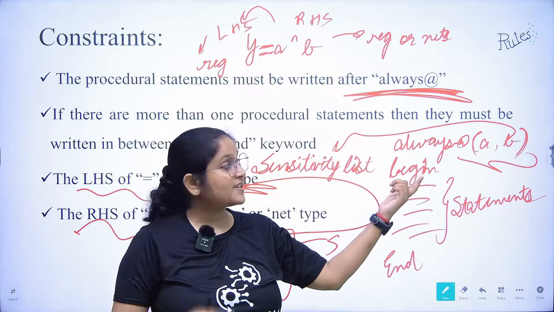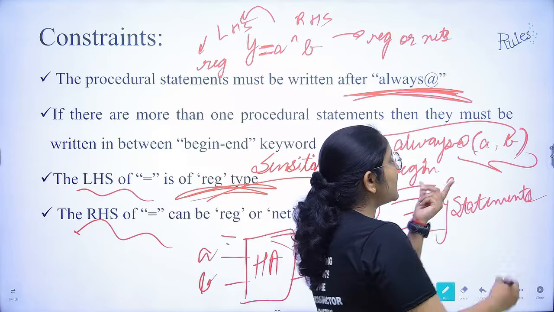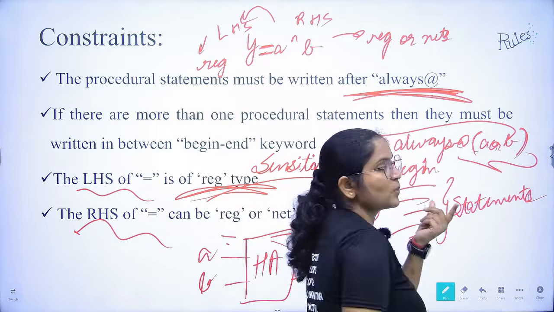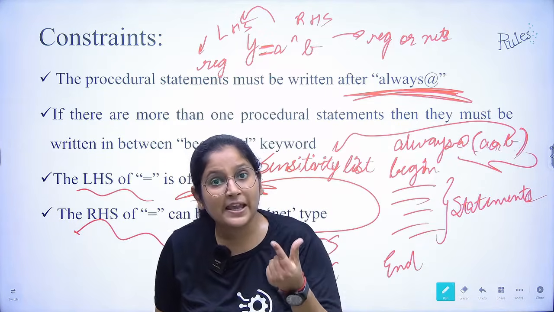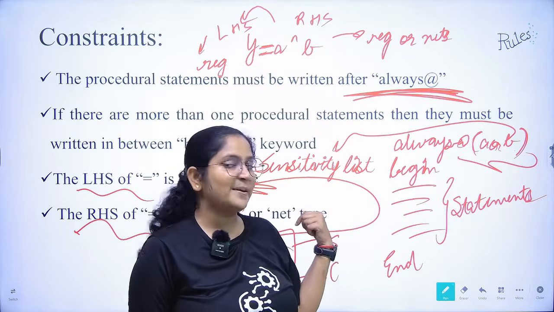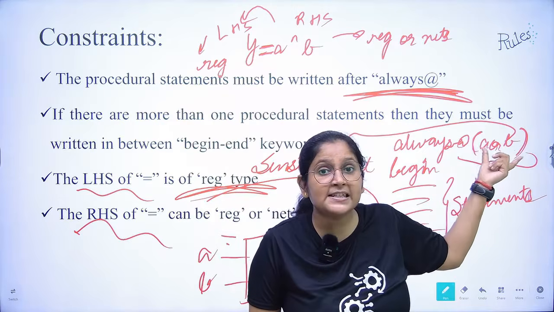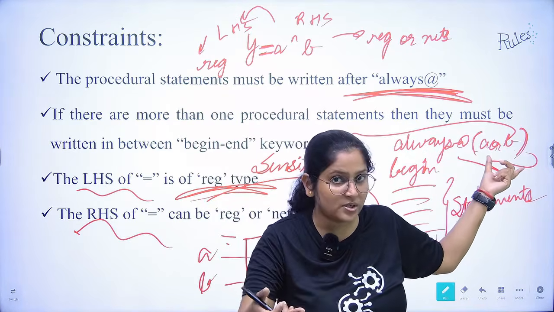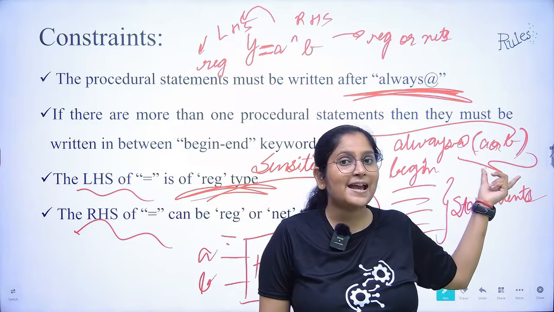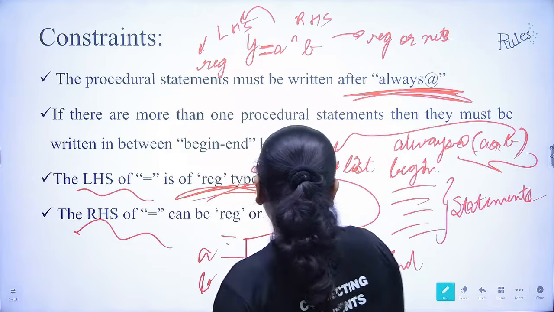What is happening here? Whenever there is a change in A, you can write it this way, or you can write OR as well. Whenever there is a change in A or B, your output will change. Your output, meaning your sum and carry, will change. This list is sensitive to the changes in inputs, and that is the reason we call it the sensitivity list.